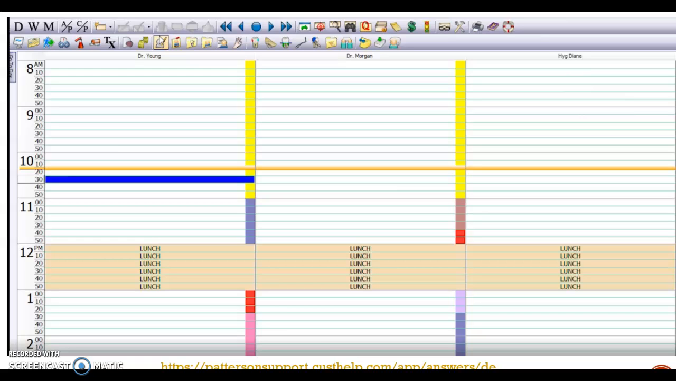So let's talk about scheduling. We're going to be talking about scheduling, the appointment management system, as well as the recall system, which are chapters 11 and 12 in your book. And when it comes to scheduling, it's really important to know that as an office manager, this is definitely going